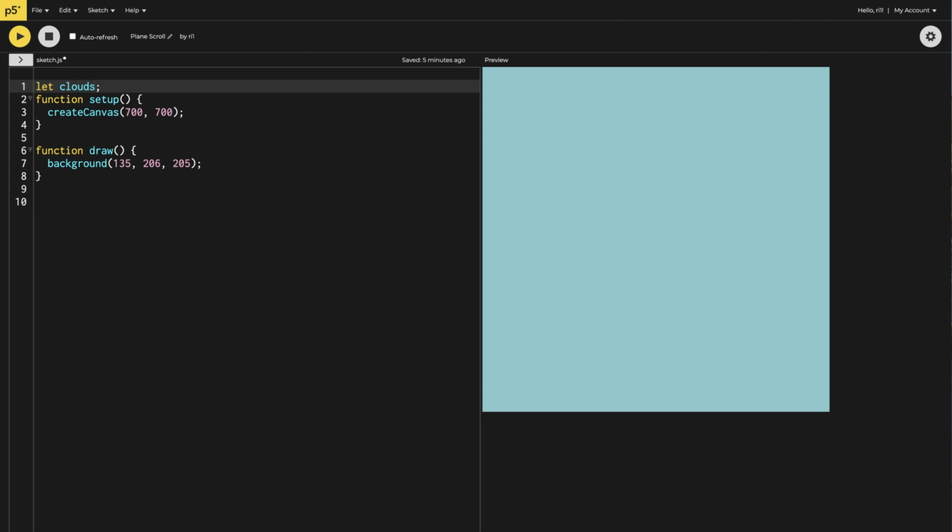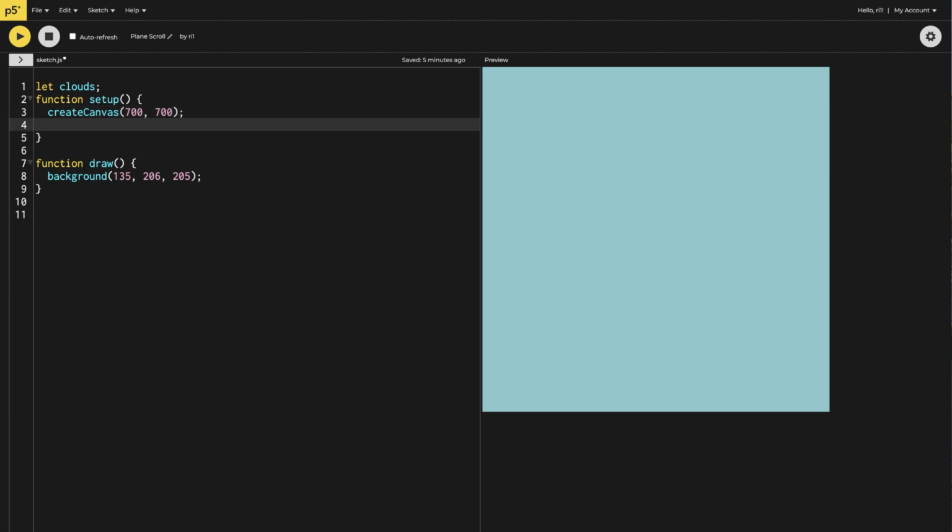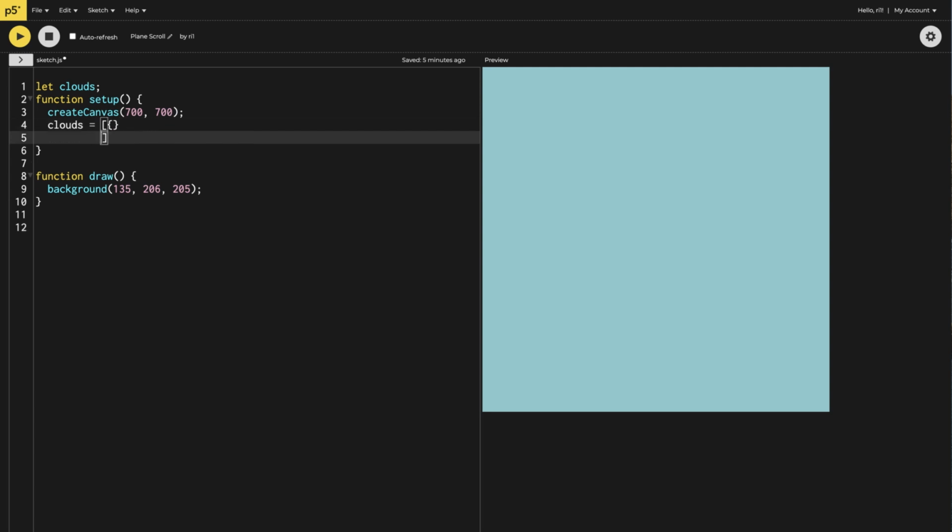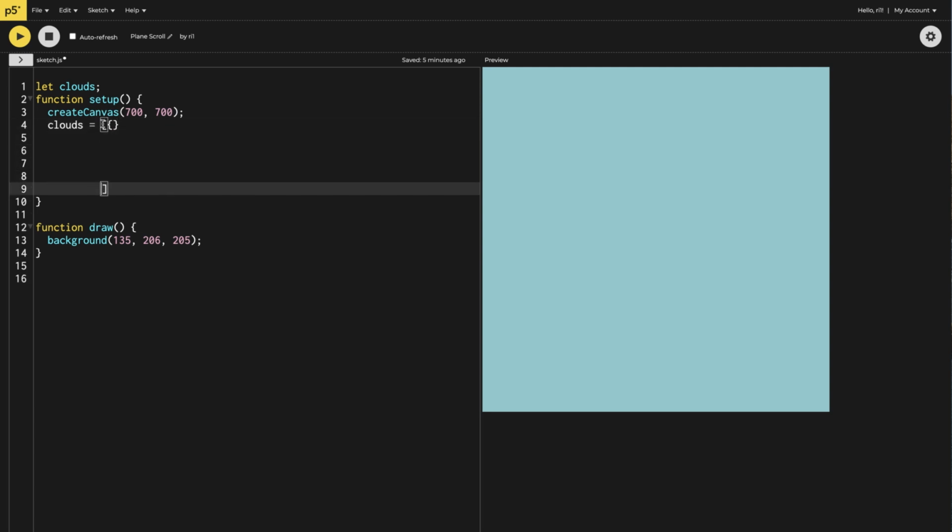So we make the cloud variable, and then we are going to call this variable inside our setup. And in the setup we are going to make the array of the clouds. The array of the clouds will hold the objects inside it, cloud objects, with its properties. So the first one, let's make,